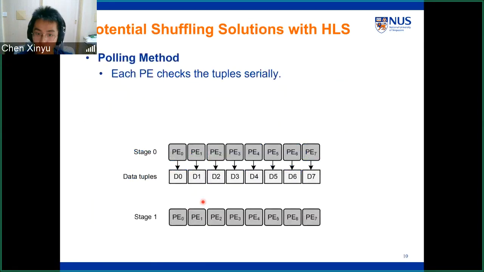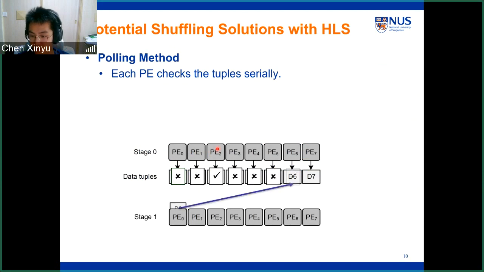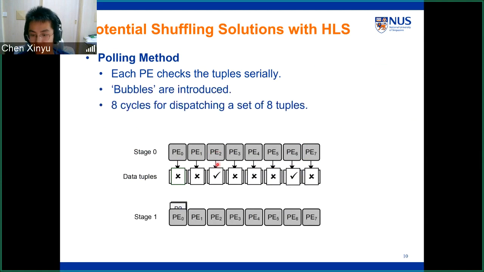We also surveyed existing works to find some potential solutions. The first is the naive polling method. The basic idea is that each PE checks the tuples one by one to see whether it needs to process the current tuple. Otherwise, it just skips it. However, the problem is that we waste some cycles checking tuples that don't need to be processed. So in this case, we actually need 8 cycles for dispatching a set of 8 tuples,